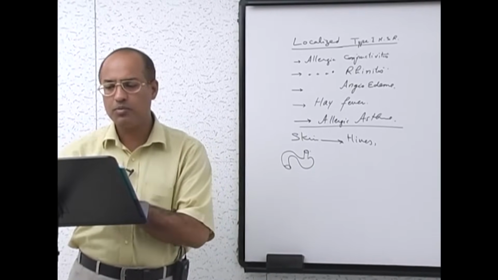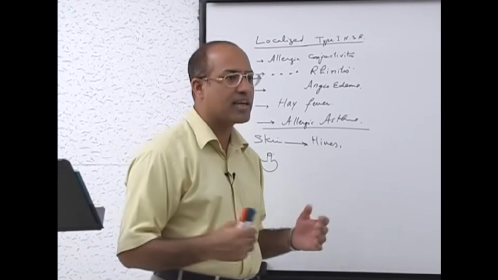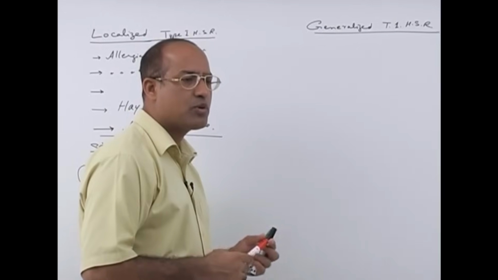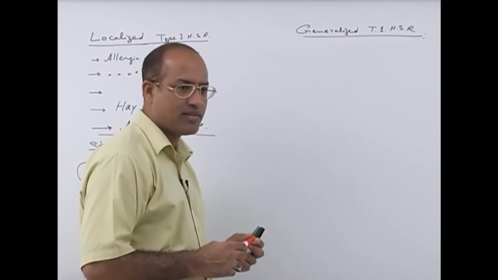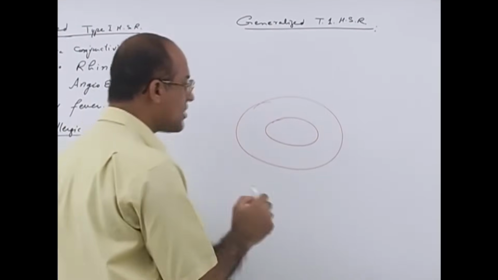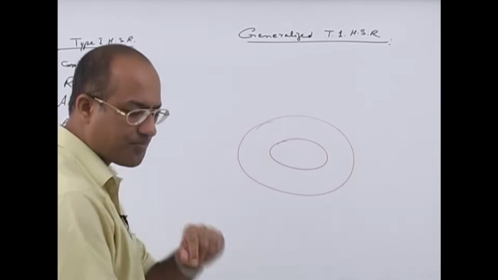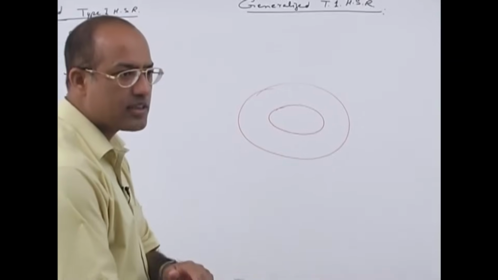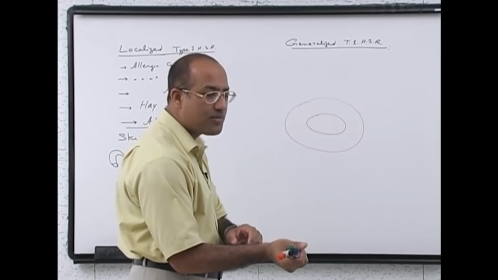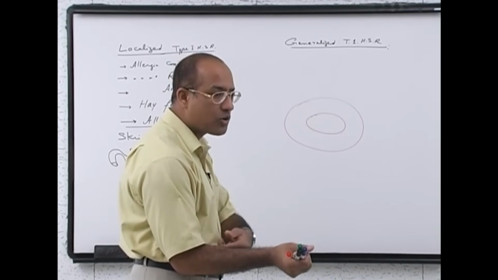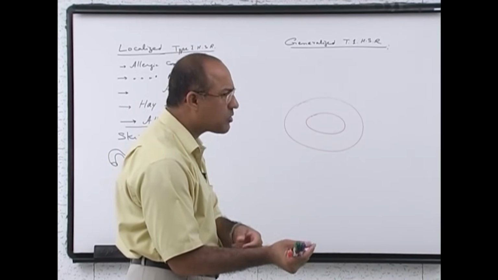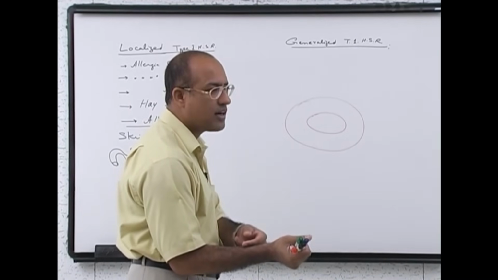Opposite to that, some people unfortunately develop systemic allergy, type 1 hypersensitivity reaction. The classical example I can give you is someone who developed IgE against penicillin, and has developed sensitivity to penicillin. If you give a test dose of penicillin, the patient usually develops a localized allergic reaction like wheal and flare. But if unfortunately without the test dose you have given a good heavy dose of penicillin in the intravenous system, not only heavy, even a small dose can do the unfortunate thing,